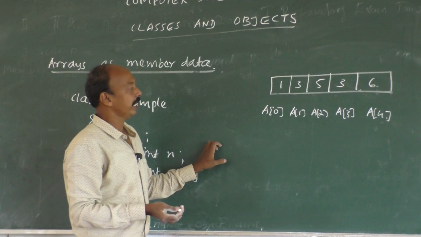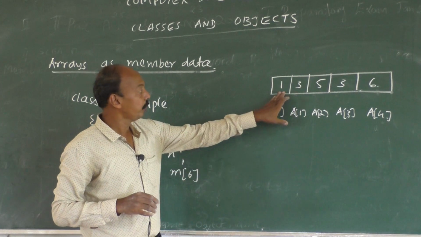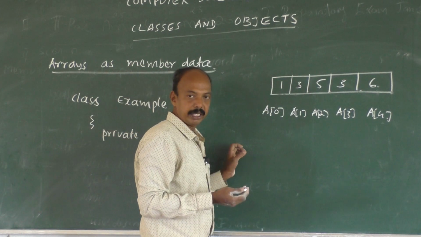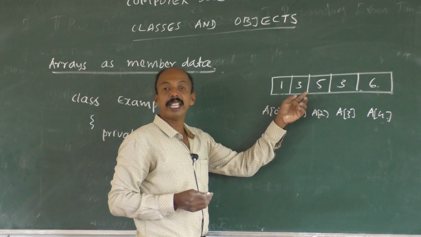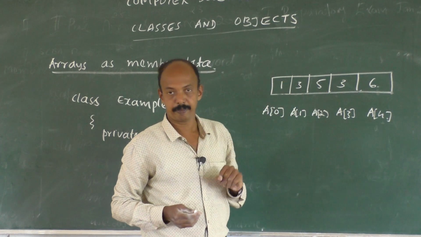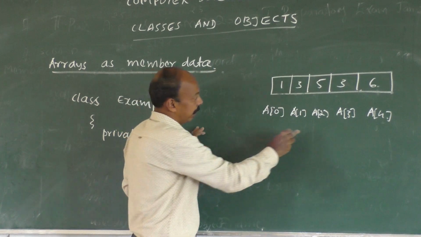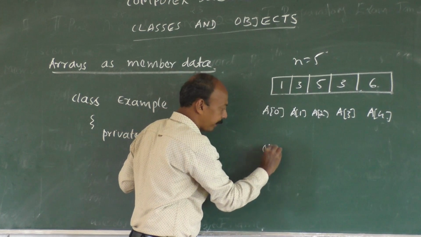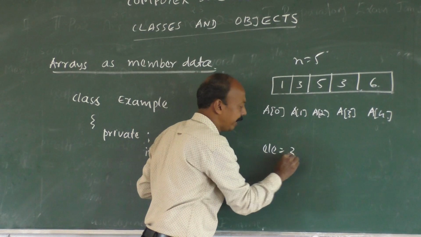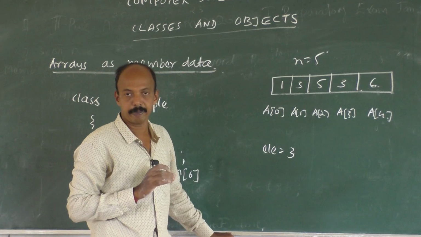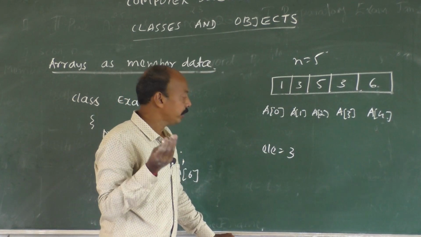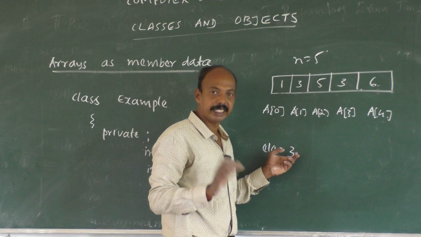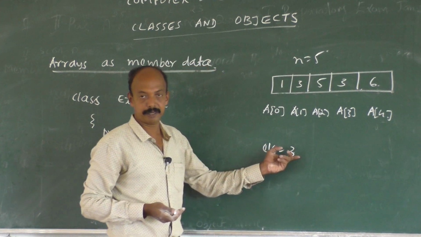Let us assume that we want to find out the frequency of occurrence of an element. That means we want to search for an element, like how many times that particular element is present in that array. So here n is 5, the element that we want to search, let it be 3. It can be any value. That element may be there or it may not be there. What we want to do? We want to search for this particular element 3, whether the element is there or not. If at all it is there, how many times that particular element is present.